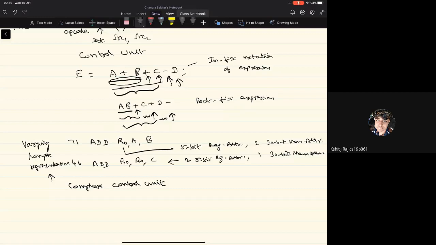When we support instructions of different lengths in a processor, then that processor architecture is referred to as complex instruction set computing architecture, shortly called the CISC architecture.